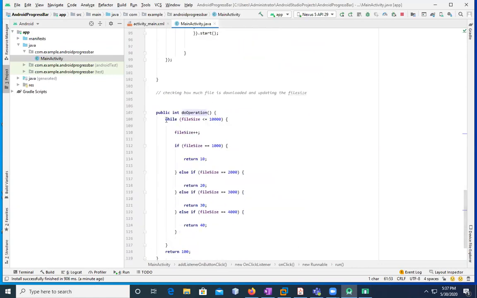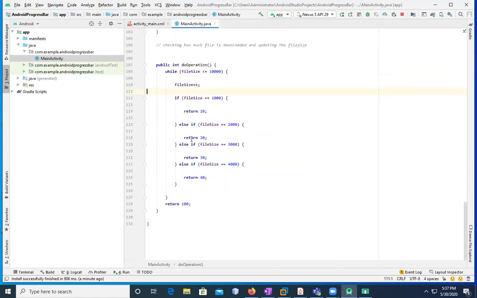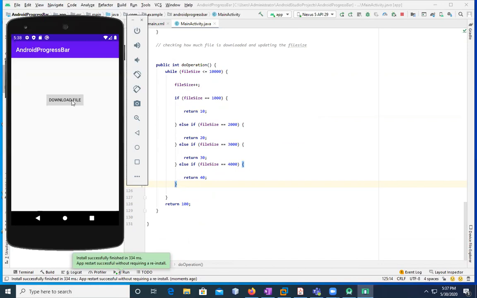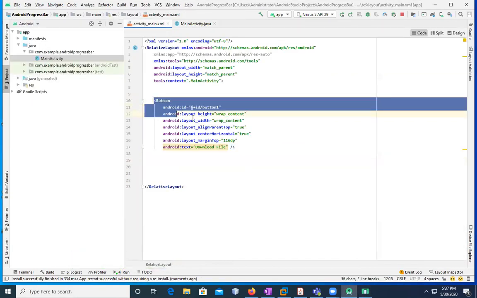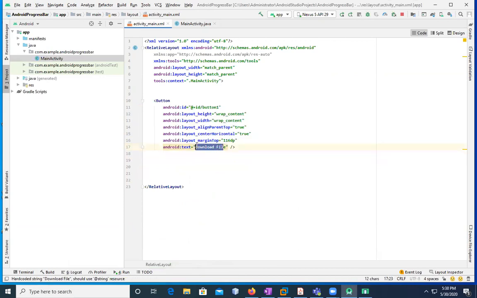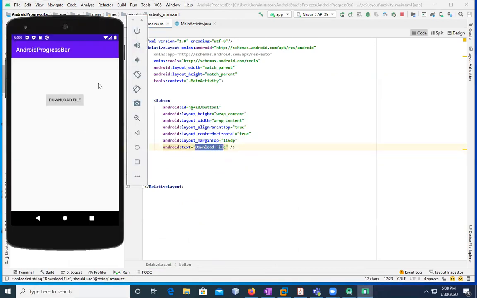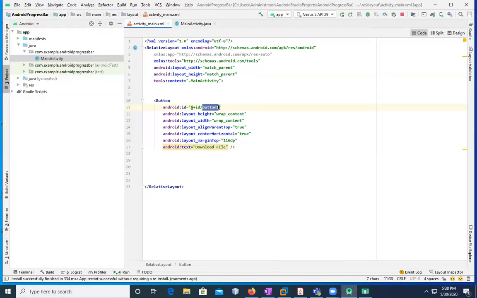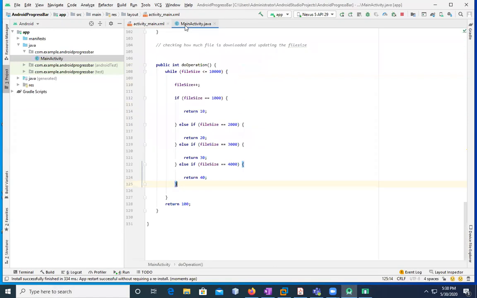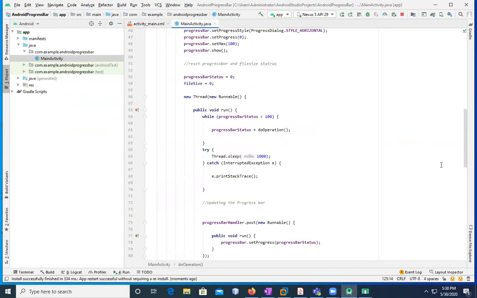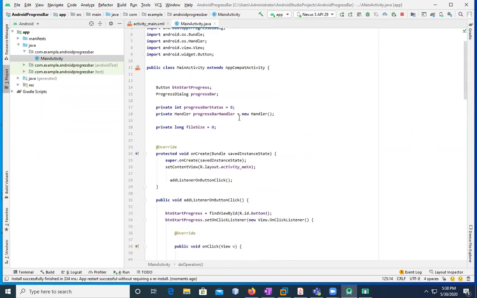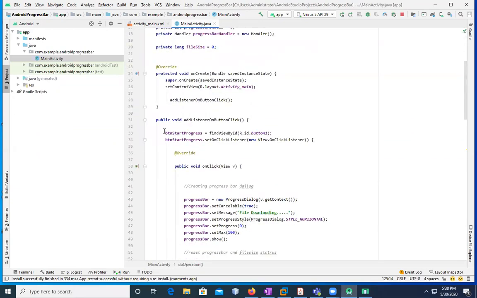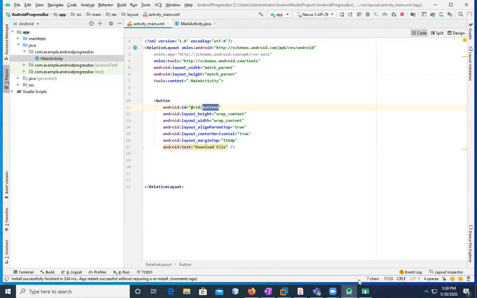All right, doOperation while size is greater than this, or whatever. You can add more than this. When you save it and run it, you will get the appropriate results. When you click on download file, this is the button that we have added. And download file is the text which it's showing here inside the button. But this is the ID with the help of which we are able to create the method. Or we are able to create the progress bar, button start progress, or ID button first. This is the main thing that we need to write. And when you click